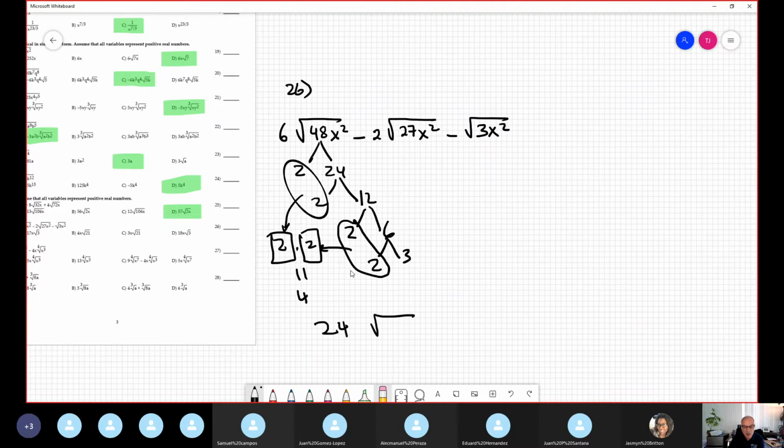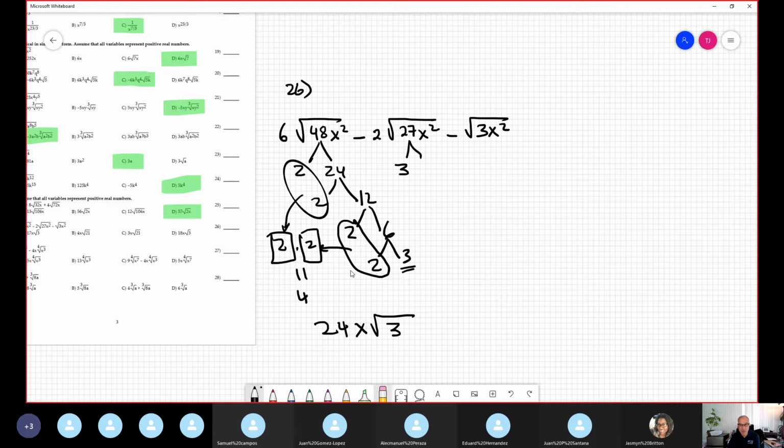Radical something, and the 3 stays inside the radical. Okay, it doesn't participate in the selection of the couple. And what about the variable x squared? Well, there's only one x outside. And this is the simplified form of the first one. The second one,